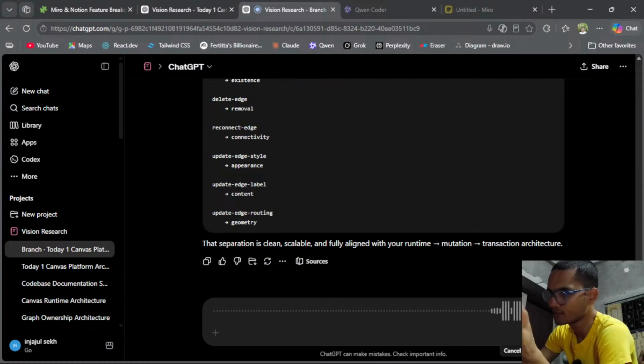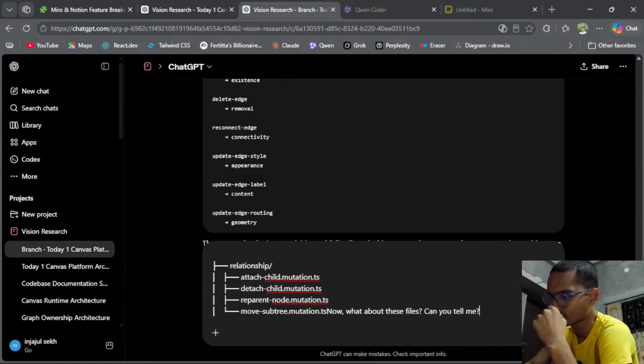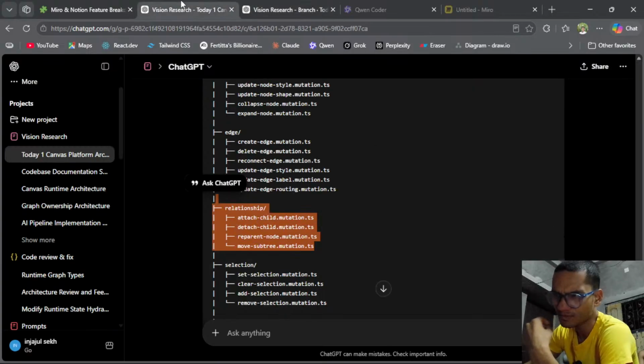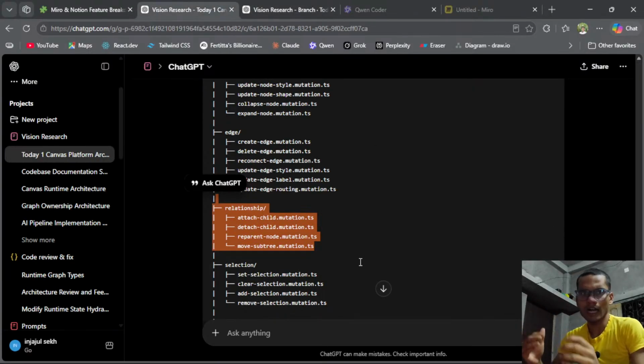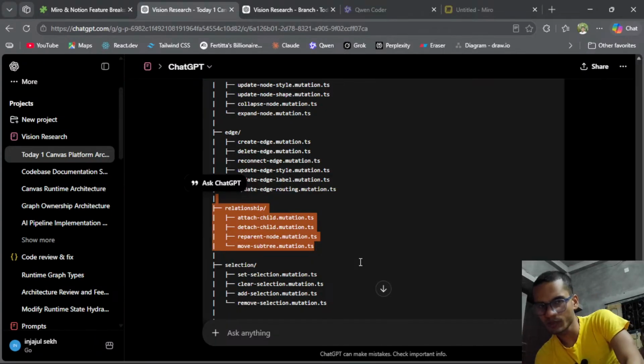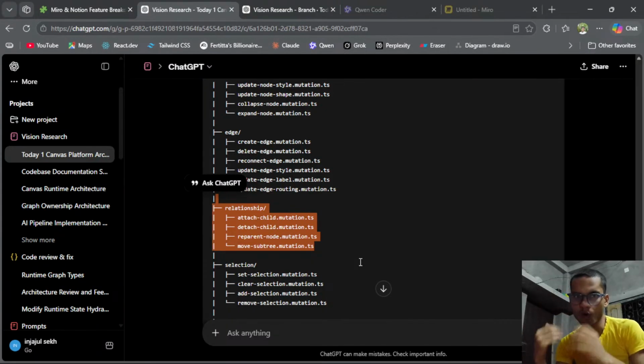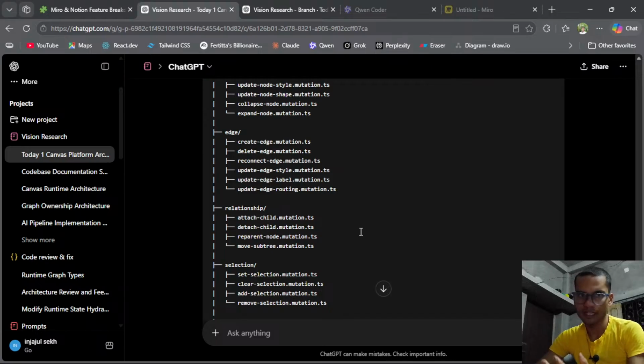Can you tell me? So right now I'm going to refactor my code base. Before refactoring, I want to know what responsibility each file will have, right? Then I can ask the right question to AI and provide my context to actually implement the correct field or